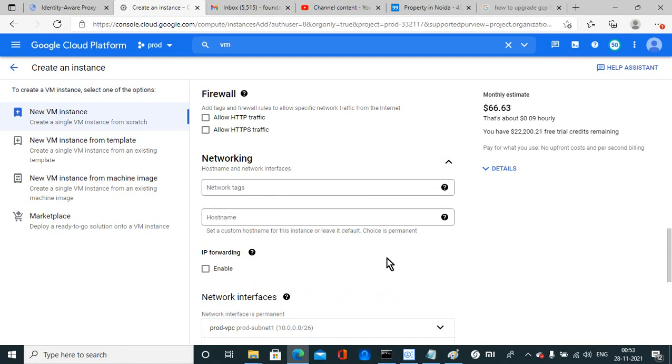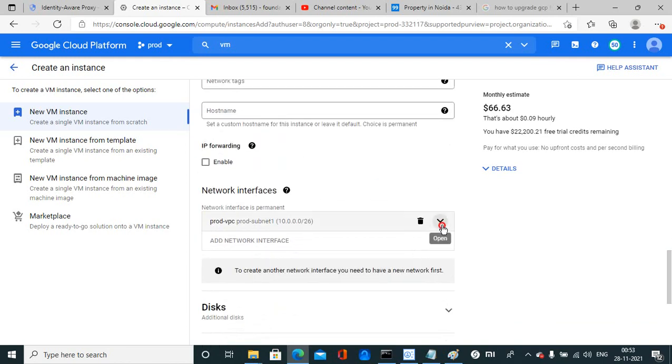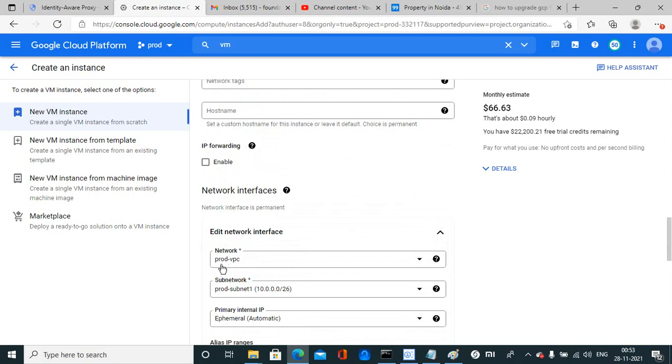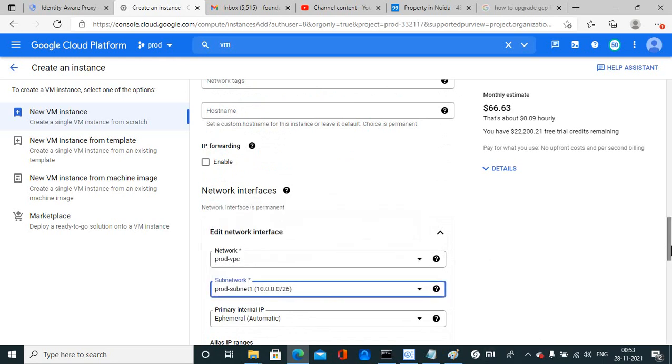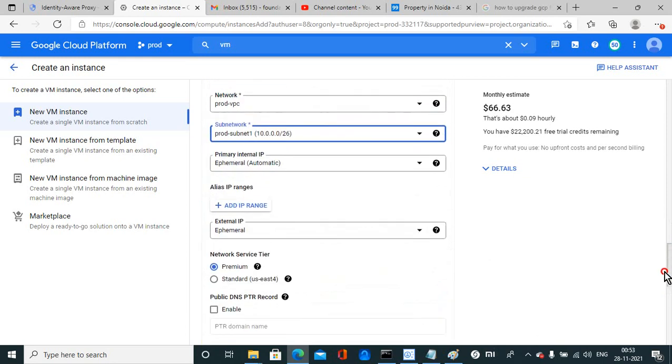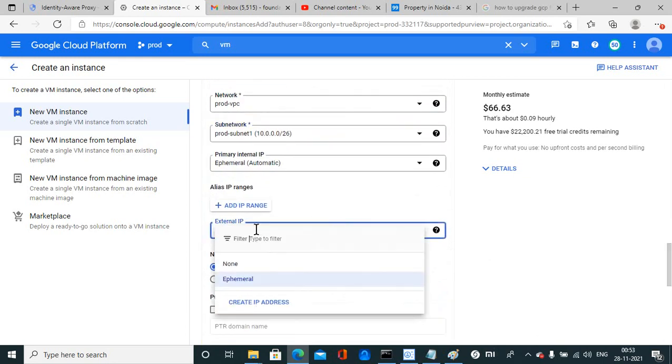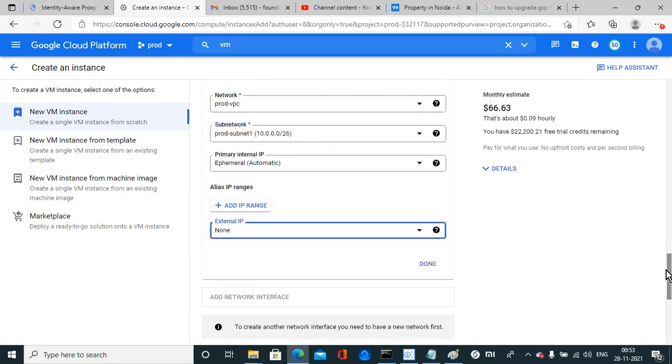So I'm not applying that firewall rule now. Just remember, a VPC is already created. Virtual private cloud has a subnet. Under that I have created 4 subnets. I am putting this machine in subnet 1, and external IP is none.